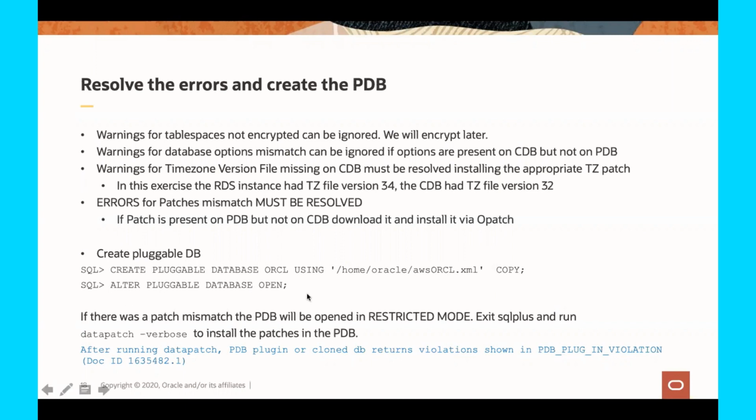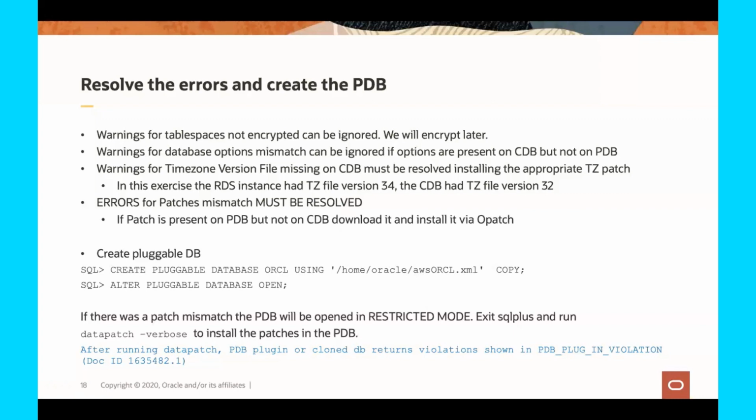And then after that, you can try opening your database with alter pluggable database open. You can do a show PDBs. If it says open, read write, yes, you're good, everything was fine. But that means that most likely you didn't have issues with patches here. Okay? Because if you had patches, the information of the patch you installed on the CDB is not yet on the PDB, right? So we would still report that the PDB is